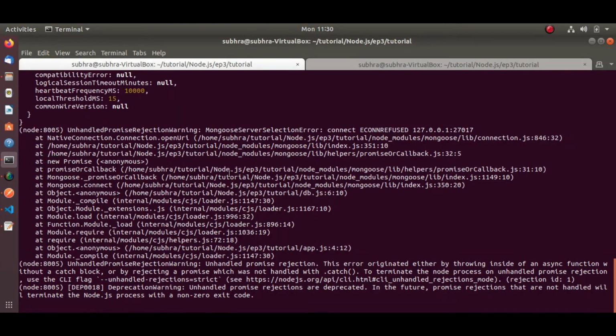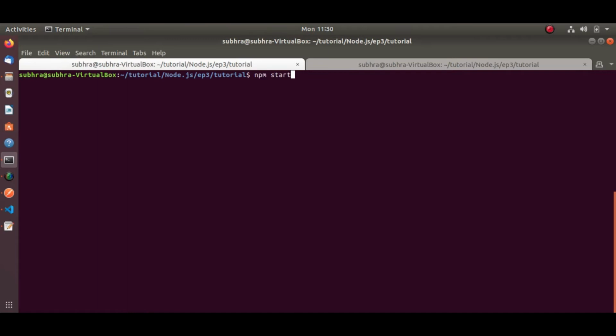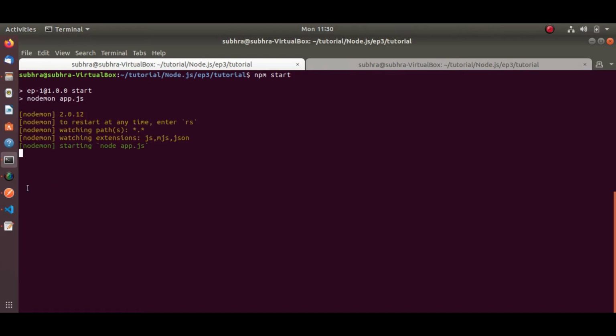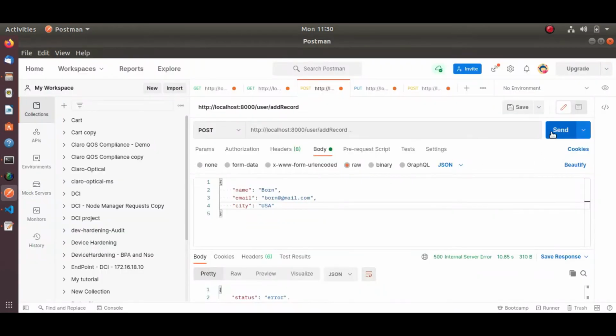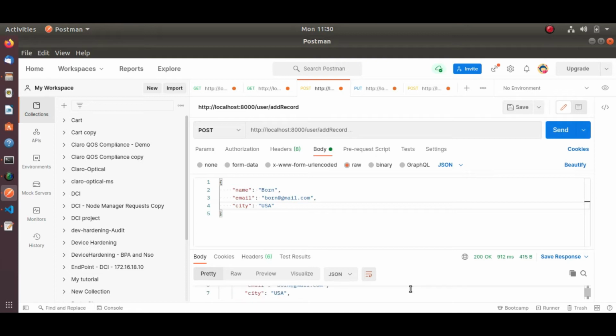Let me run my server again. See, now this data has been added.